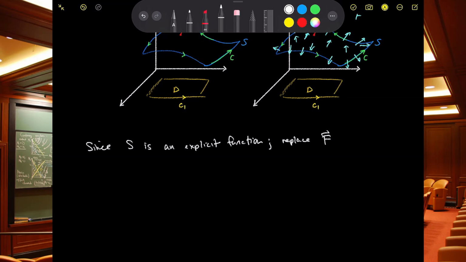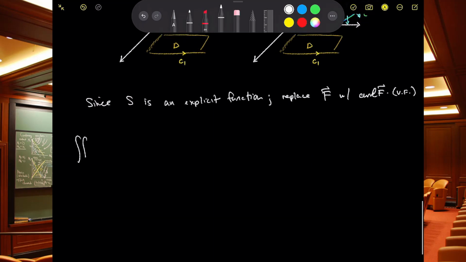And we're going to replace F with curl F. Remember that curl F is a vector field itself, and it talks about the tendency of the fluid flow to want to rotate about an axis. So if we replace F with this curl F vector field, then from one of the forms of the surface integrals last time,